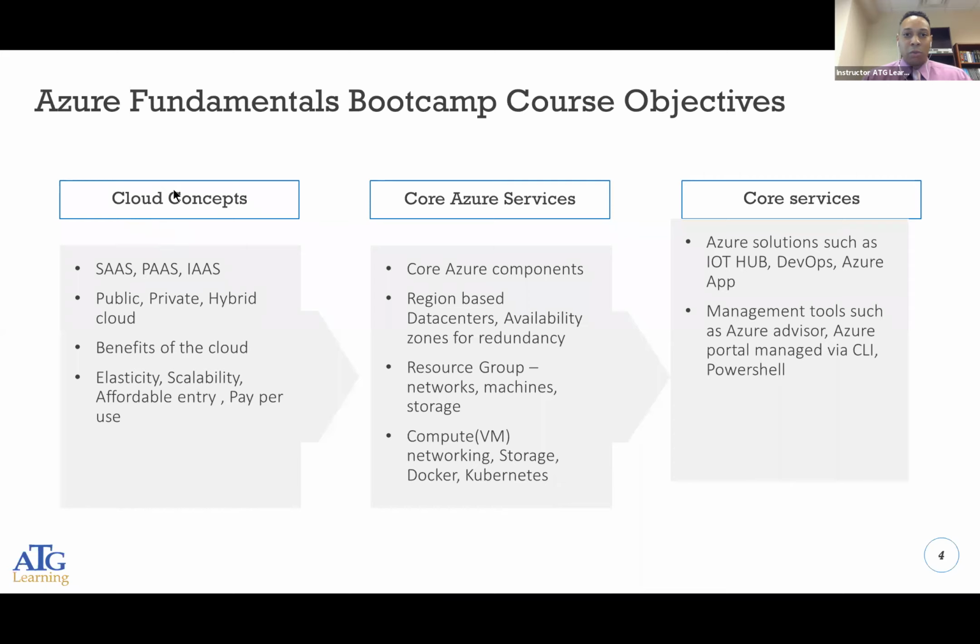So let's get into what you are going to learn with the Azure Fundamentals Bootcamp course and the objectives. I like to call these modules. There's about 5 modules that go into Azure Fundamentals Bootcamp. These modules are basically chapters that are going to be talking about different concepts that you will need to understand and learn so that when you actually get on the job, or you're actually making phone calls to Microsoft and Azure and they're asking you, hey, what can we offer you? What do you need? Right?